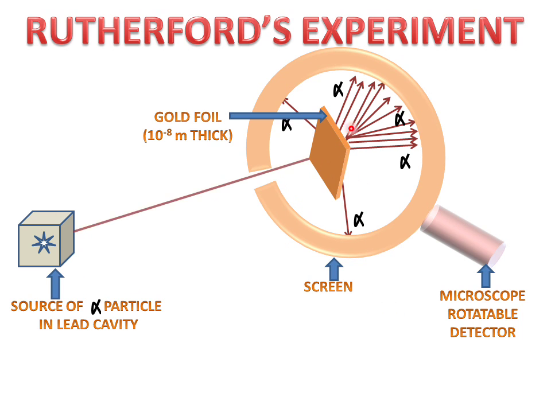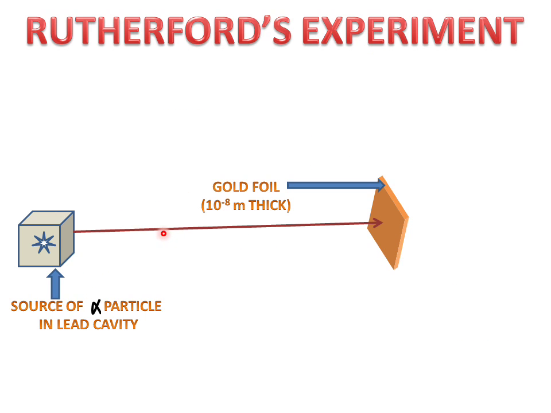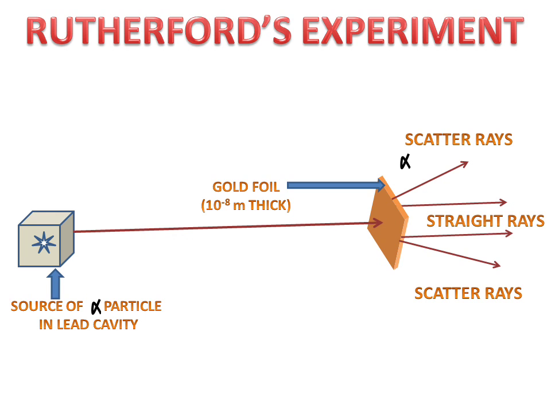So why are some rays scattered, some going straight, some scattered at a higher angle, and one of the rays tracing the same path as the striking angle? Now why does this happen? Rutherford came to the conclusion that when a ray strikes the gold foil, some will scatter, some will go straight, and also one of the rays will trace back the path of the striking ray.